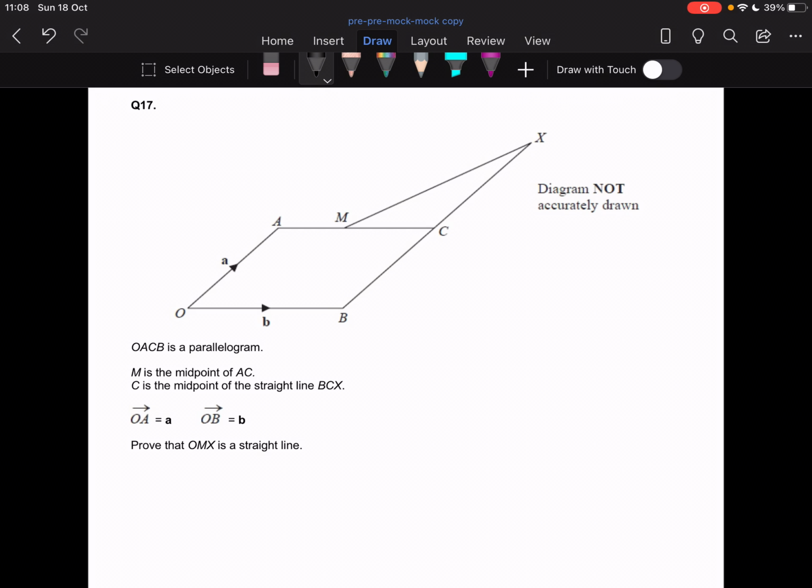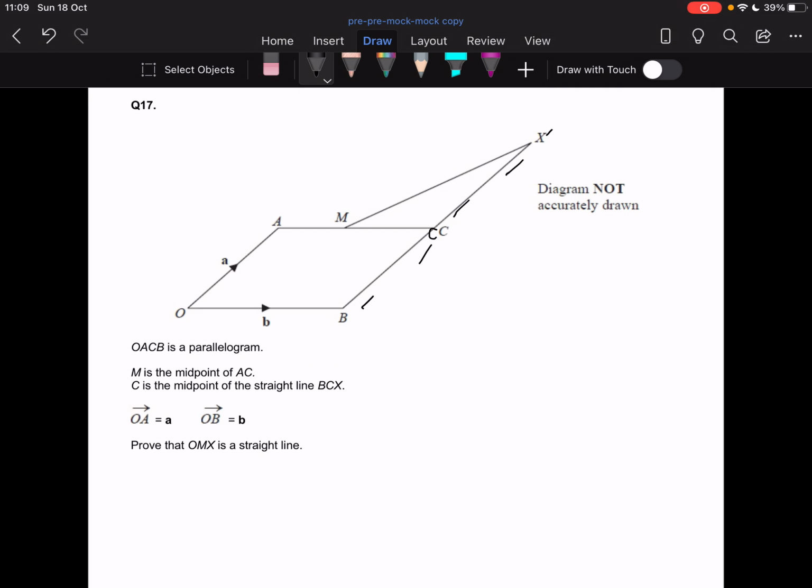So it's giving me this parallelogram with a horn. So it's like a parallelogram unicorn. And OACB is a parallelogram with a horn. M is the midpoint of AC, so it's been annotated on the diagram for you. C is the midpoint of the straight line BCX. So you see the straight line here,